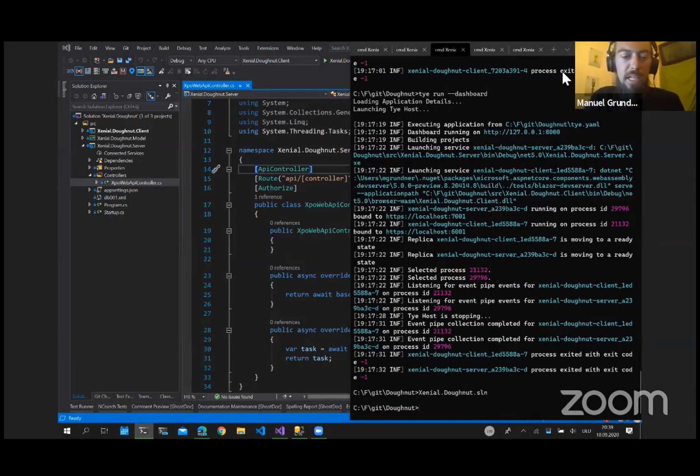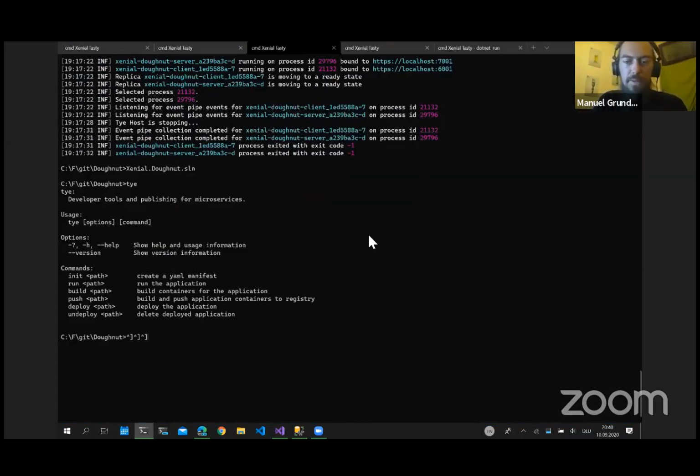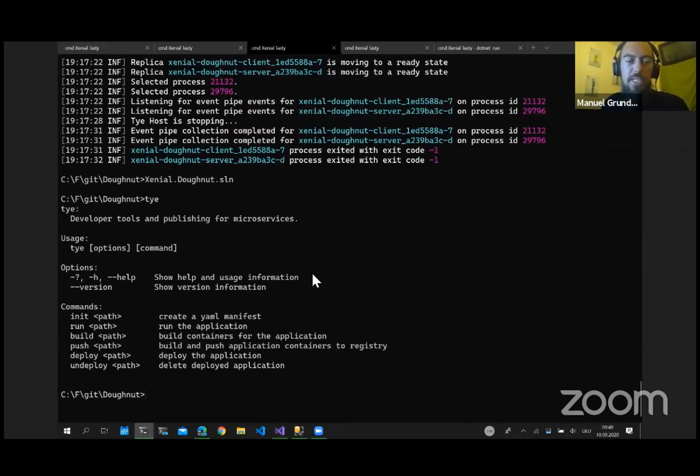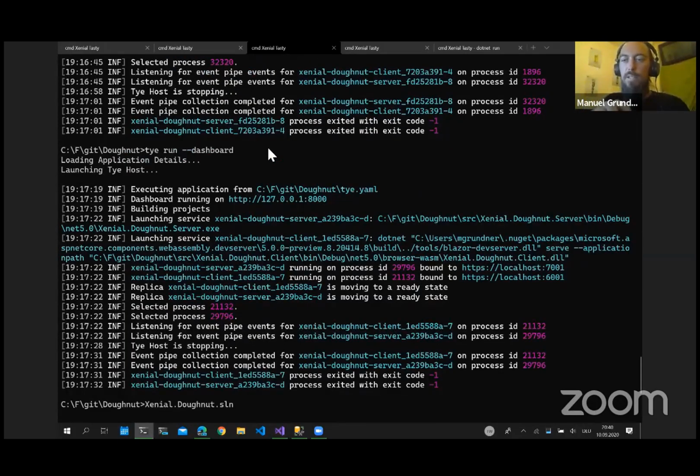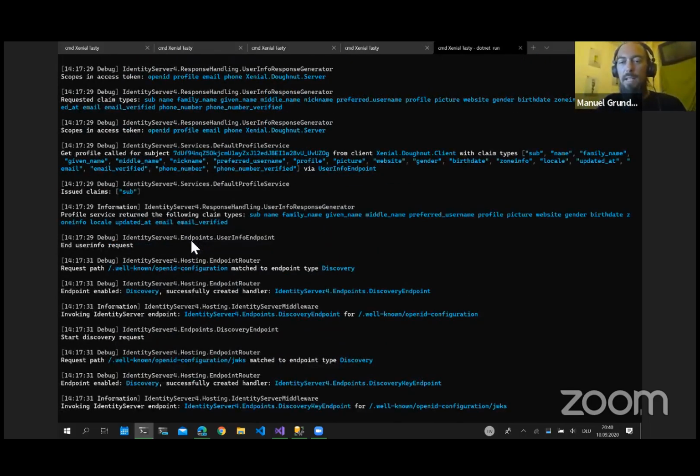If you followed ASP.NET Core and all that stuff, there's a project going on called Project Tye. And Project Tye is... I have to bump up my font size, I guess. Project Tye is nothing more than a command runner that reads your solution file and does all kinds of Docker stuff. And over here I have Identity Server. It's like an OpenID Connect server,